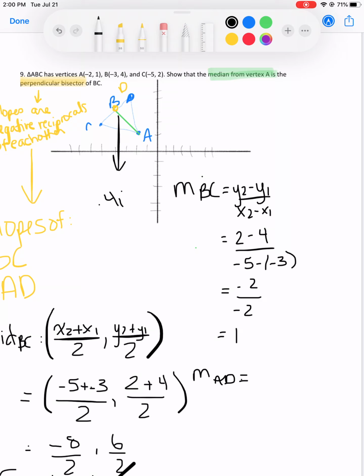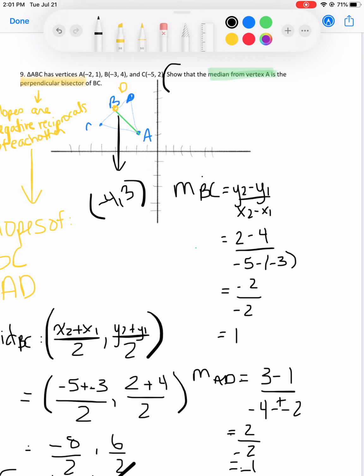So 3 minus 1 over negative 4 minus negative 2. 3 minus 1 is 2. This is plus. Negative 4 plus 2 is negative 2, which is negative 1. It does say show that, so we know it's already actually going to happen, but now it's proof. So again, I hope this helps. Please let me know if